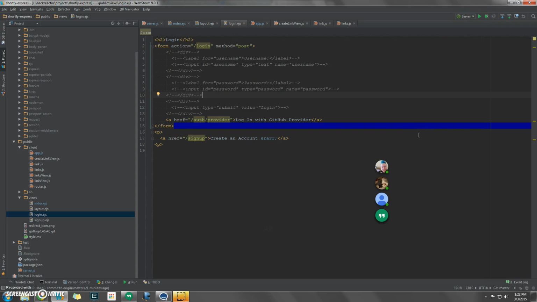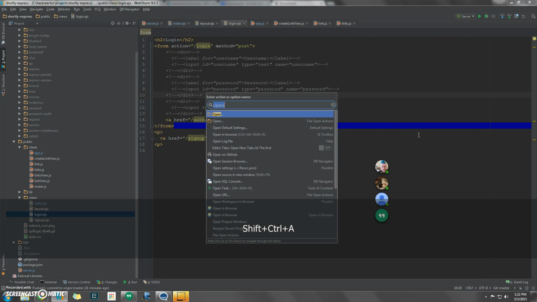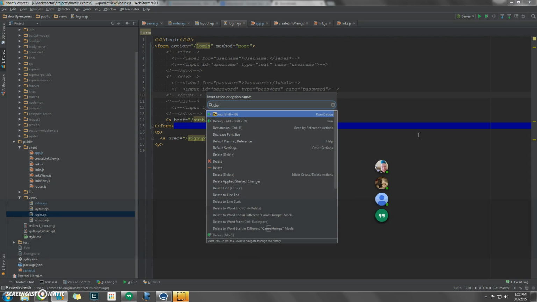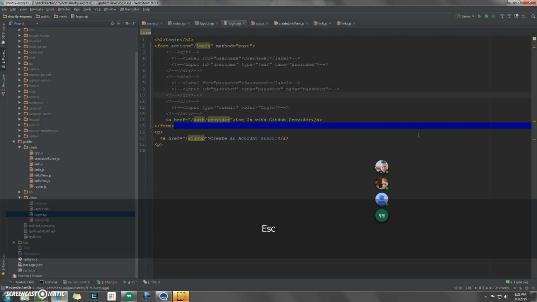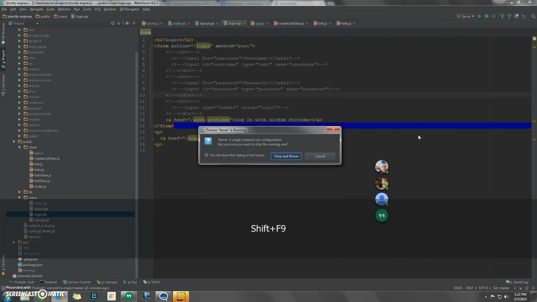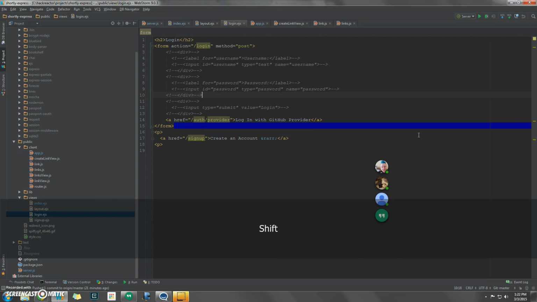If you want to launch the debug, Control Shift A again. Let's look it up. So if you just want to do debug, it's Shift F9 or Alt Shift F9. I'm guessing that Shift F9 will give me the rerun, and Alt-Shift F9 will give me the debug. So just keep that one in mind